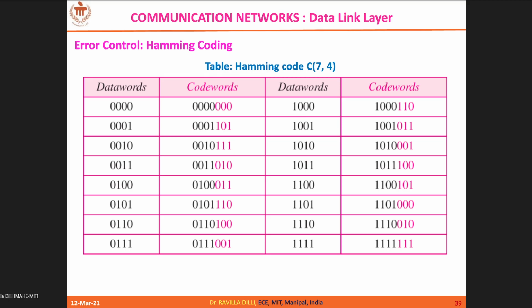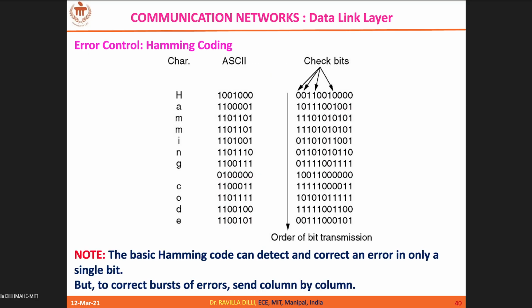So this is a 7-4 code. It means that 7 is the length of the code word, and 4 is your data. So obviously 7 minus 4 gives the number of R bits. This is a slide taken from the Forouzan textbook, where he has appended the R bits at the end. Actually you have to append them at powers of 2 positions: 2 power 0, 2 power 1, and 2 power 2, that is the 4th position. But he has appended at the end, though conceptually things are the same.